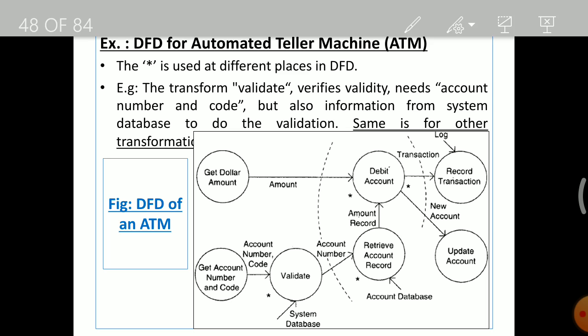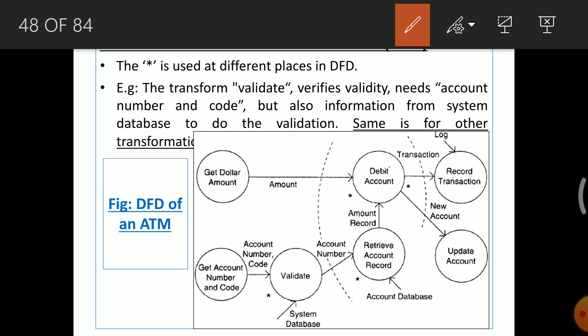So given is the diagram for the ATM. Here you can observe the star symbol has been used many times in many places. We have seen this concept during the requirement analysis chapter while drawing the DFD. Why is this star used? So you can see the transform validate.